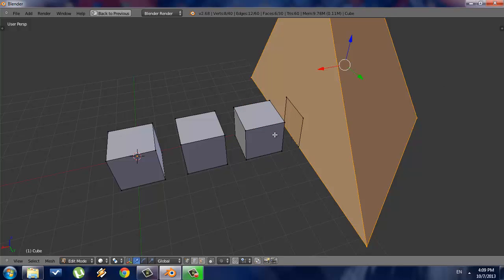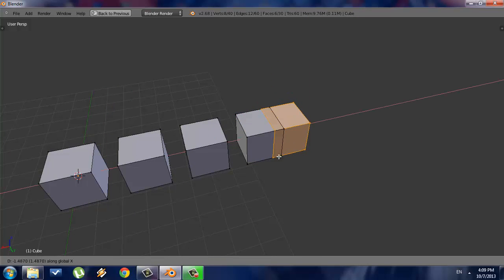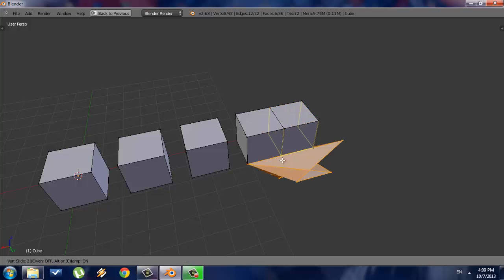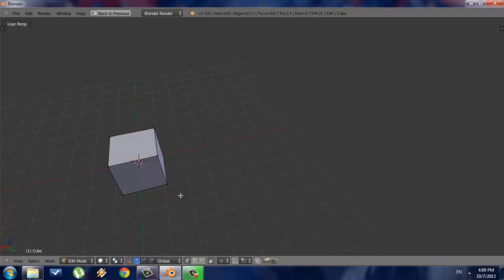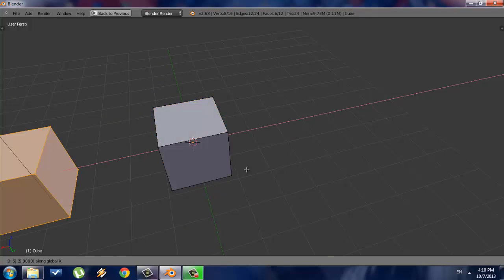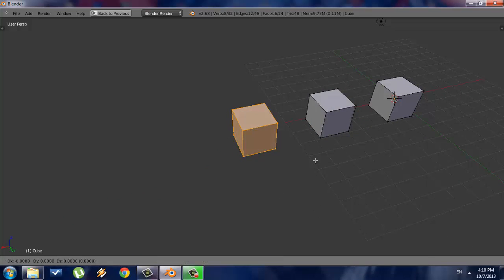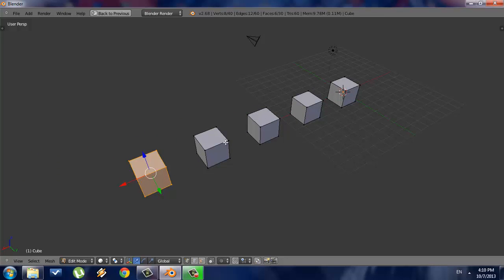And so now I can continue doing that. Shift D, X, -3. Shift D, X. Okay, that's not working properly. Let me see what I did. Select the cube, Shift D, X. Let me do 5. Okay, Shift D, X, 5. Okay, don't press the grab key. Just Shift D, X, 5. Shift D, X, 5. I can also select all of these